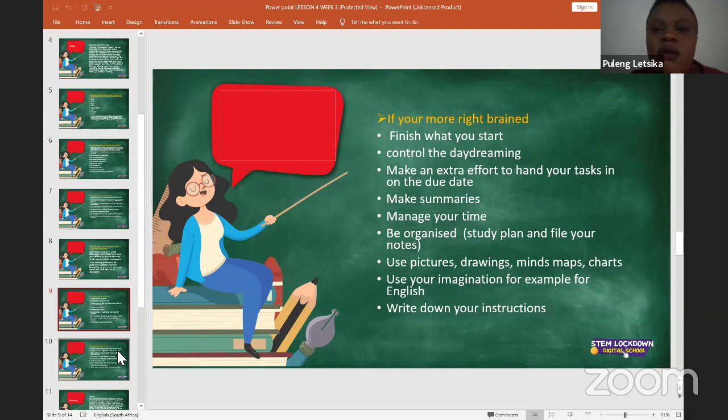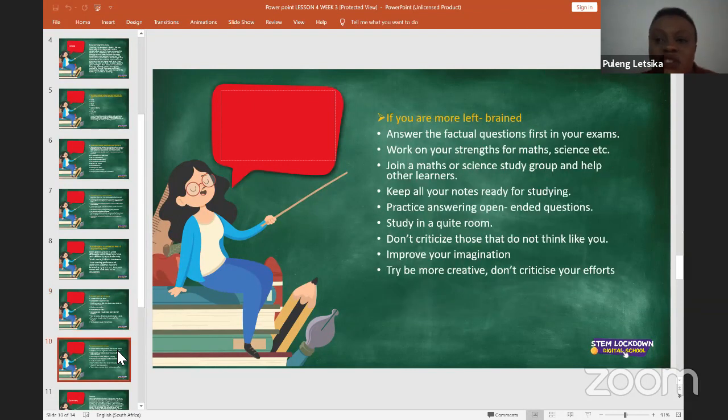And then, if you're more left brained, so the previous slide was for people who are more right brained. So this slide is for people who are more left brained. Okay, so when you're left brained, you're going to answer the factual questions first in your question paper.